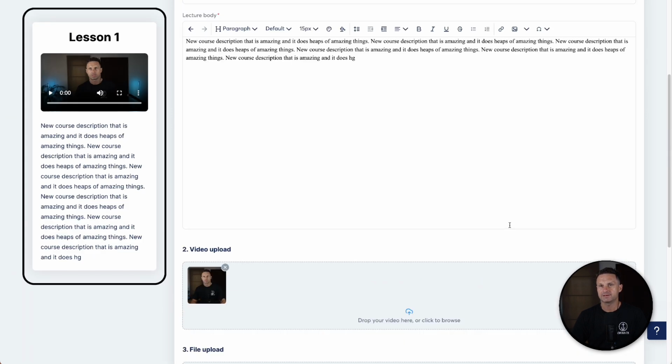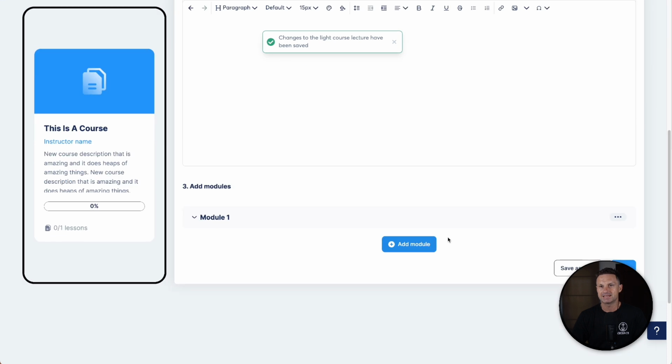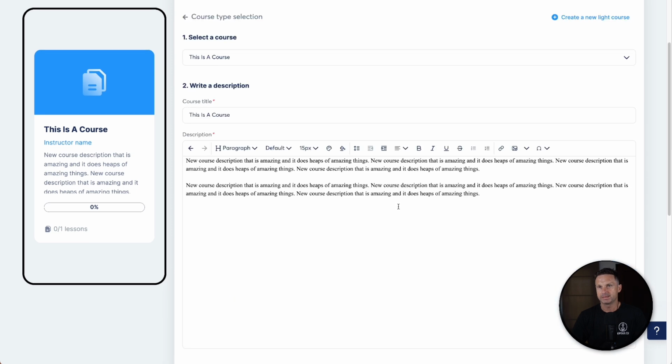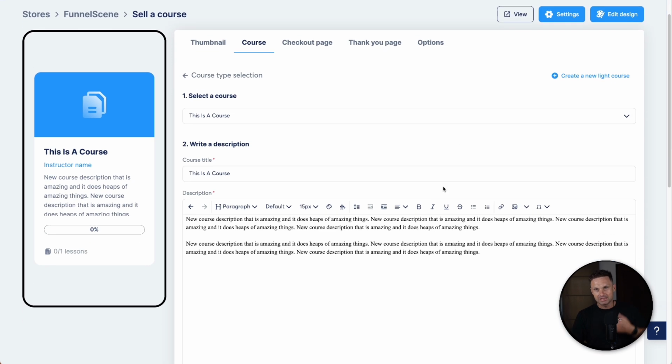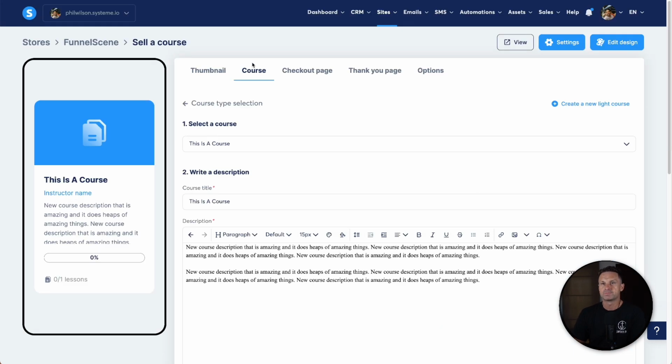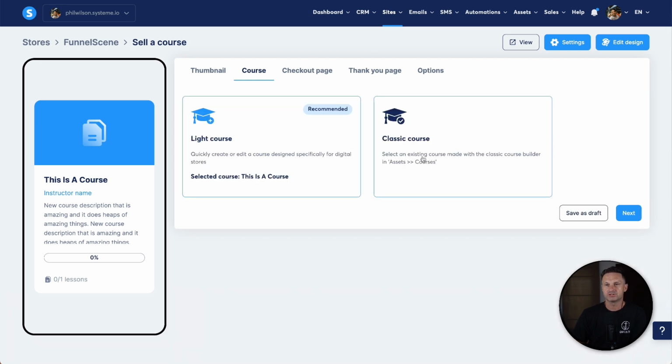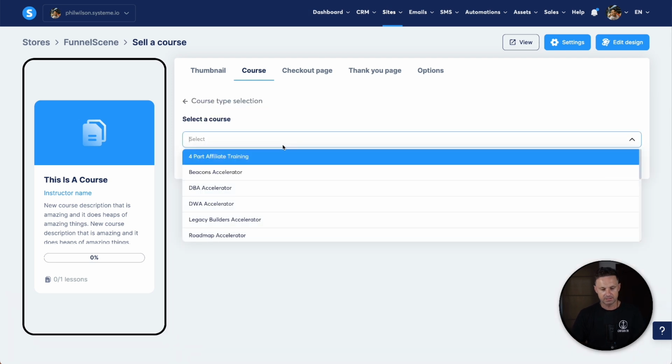Click on save, and that is the first lesson done. If you come to the right, you can actually re-edit it, or you can add in more bits and pieces. So it's kind of limited, but you can see the idea of it, right? Now, for example, just to show you how to add a classic course, I'm just going to go and put